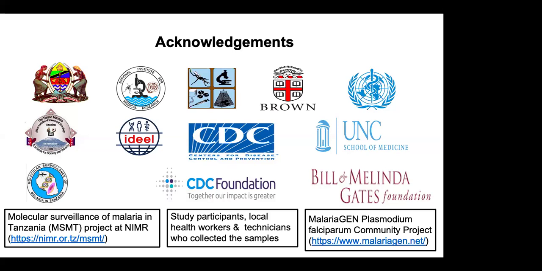Recently, we confirmed the presence of partial resistance in northwestern Tanzania, and we have two papers coming in The Lancet Microbe and The Lancet Infectious Diseases next week. So please check them out. We are recommending deploying whatever we have, including the vaccines, for all age groups. So the landscape is likely to change in the next couple of months, given the importance of fighting artemisinin partial resistance in Tanzania. Over to you guys. Thank you.